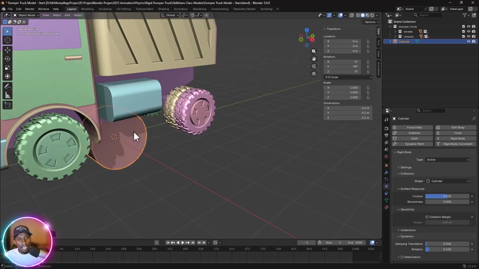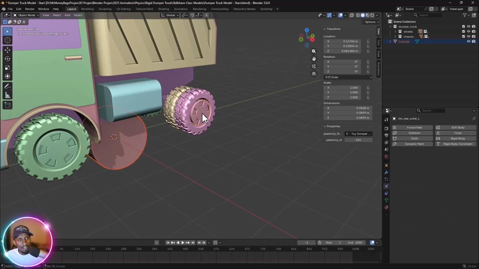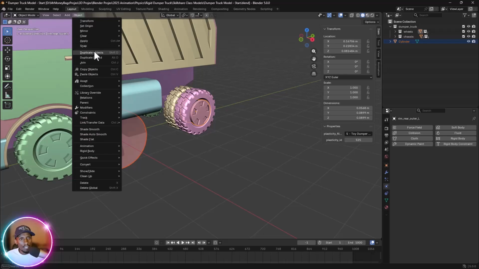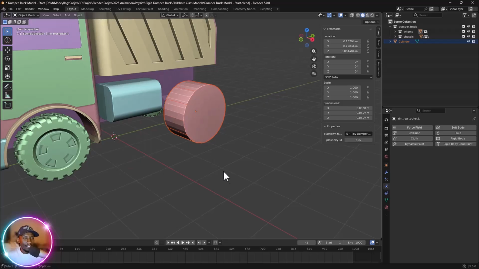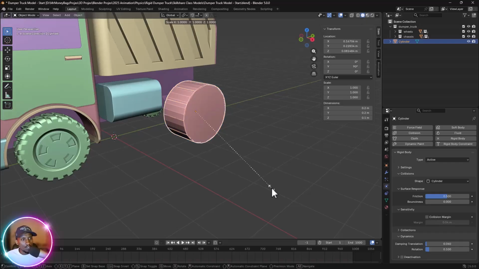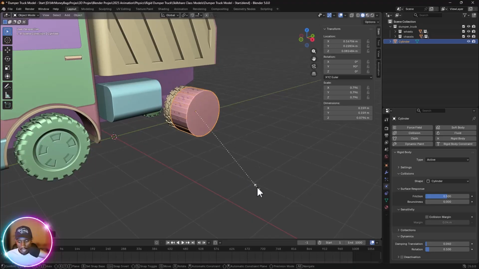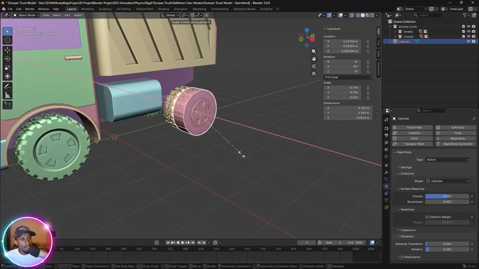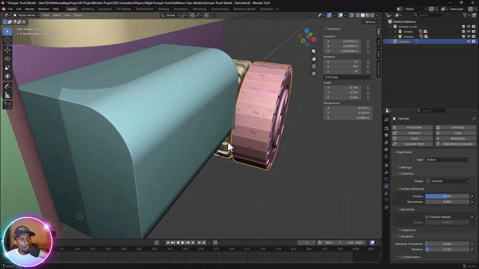Then while it's still selected, I'm going to shift select the rim here of the wheel. Go to object, snap selection to active. Snap this selection to active, to the last selected. So it's going to place it smack in the middle. Now I can click away, then click this S twice to scale it down to maybe that spot. SX, maybe up to that spot, because I want it to be